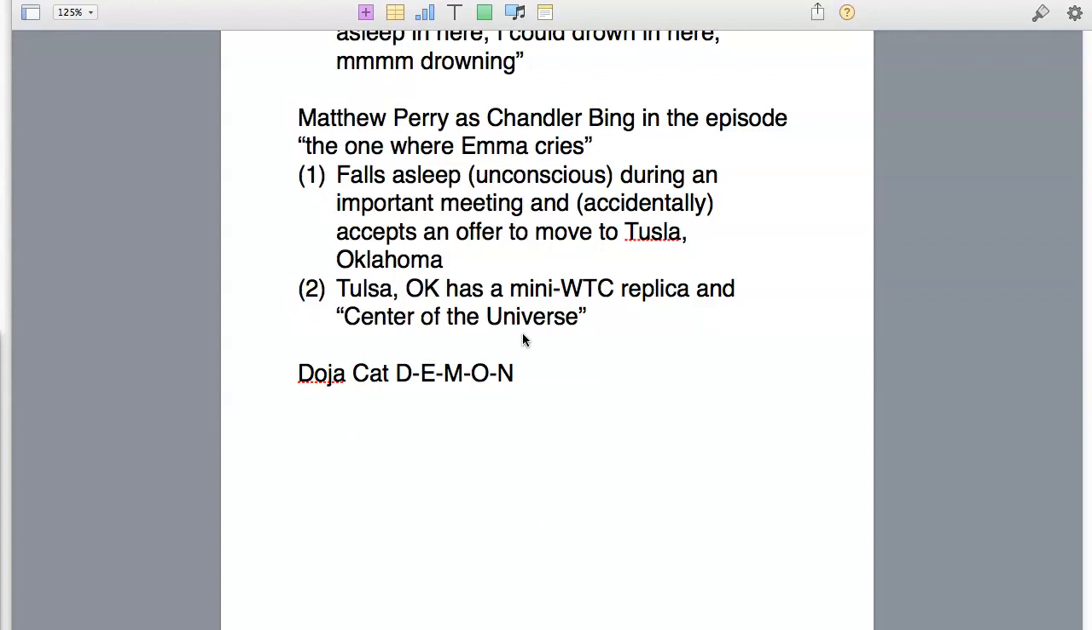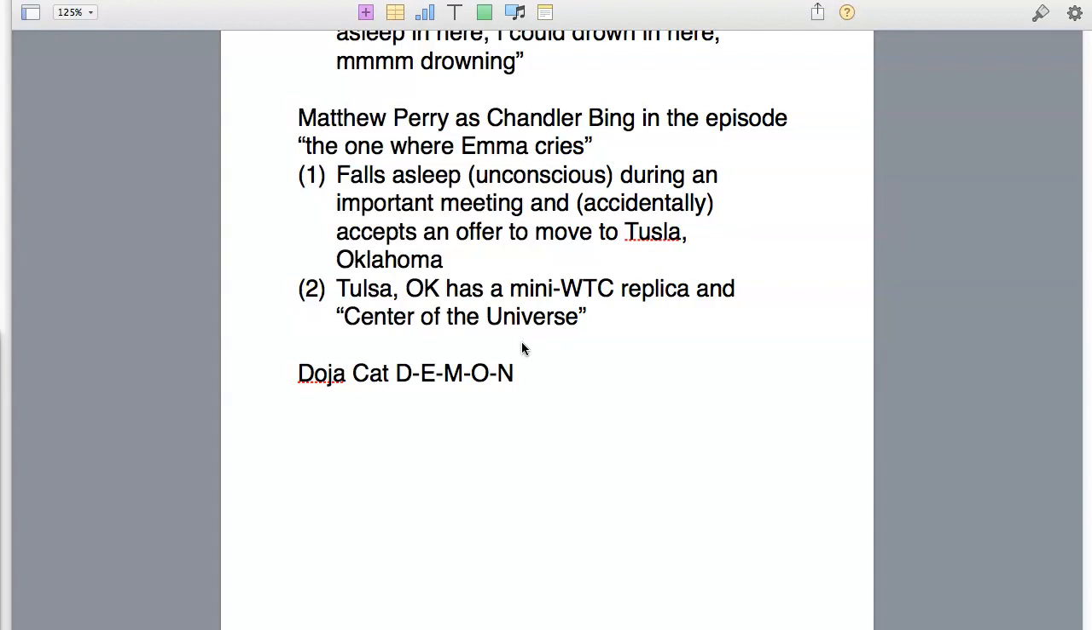Next, Matthew Perry as Chandler Bing in the episode The One Where Emma Cries. He falls asleep, unconscious, in other words, during an important meeting and accidentally accepts an offer to move to Tulsa, Oklahoma. And this is just a random connection that I wouldn't read too much into, but just because I know about it, I thought of it. I don't know if there's really much to this other than I just want to put it in the video again, because I did a real old video on it at this point,